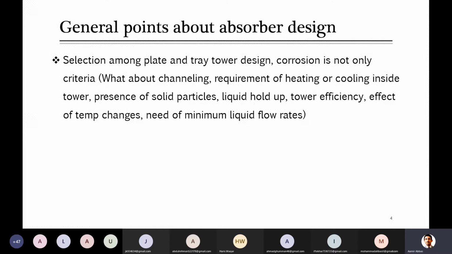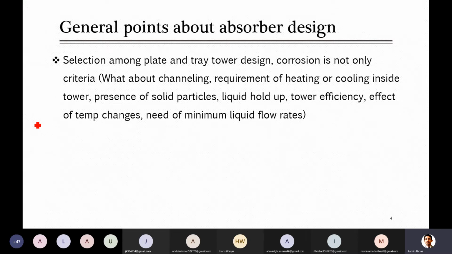So this is one of the parameters you have to keep in mind when you are designing. Then there is the presence of solid particles. For example, if you are dealing with some flue gases and you have to remove some of the gas, but it also contains some solid particles. What is your main take about this? When there are solid particles, definitely particles will stick on the surface of either the trays or the packing, so which will be easier to clean in your opinion? Tray tower. Any other answer?